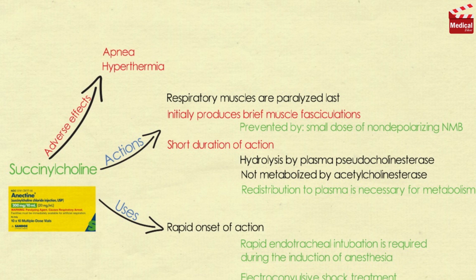Apnea. Administration of succinylcholine to a patient who is deficient in plasma cholinesterase or who has an atypical form of the enzyme can lead to prolonged apnea due to paralysis of the diaphragm. Hyperkalemia. Succinylcholine increases potassium release from intracellular stores,